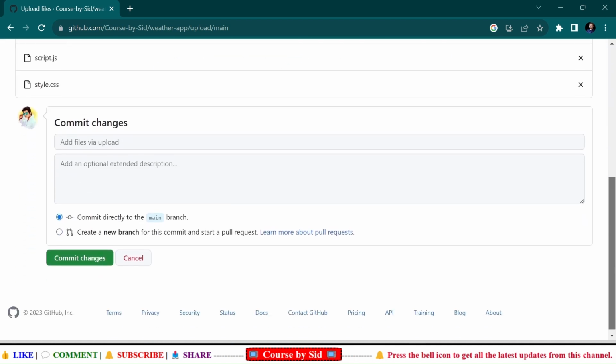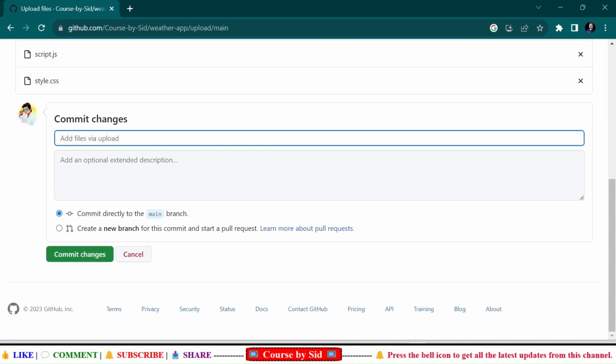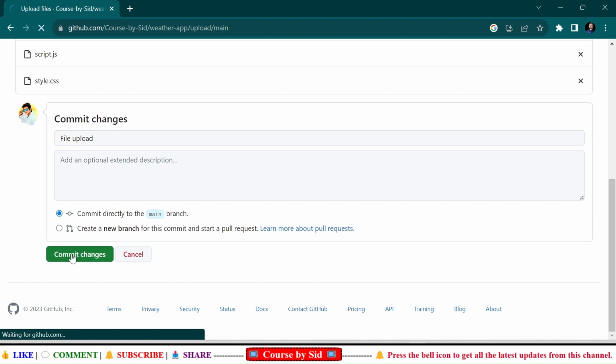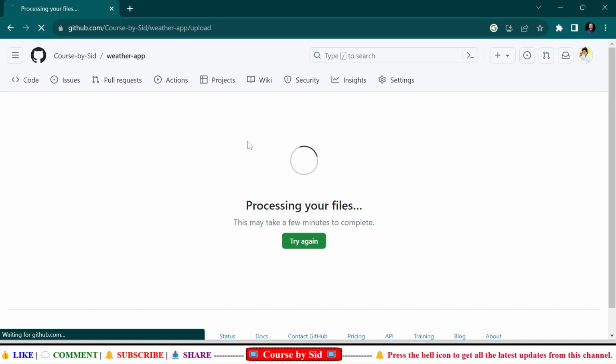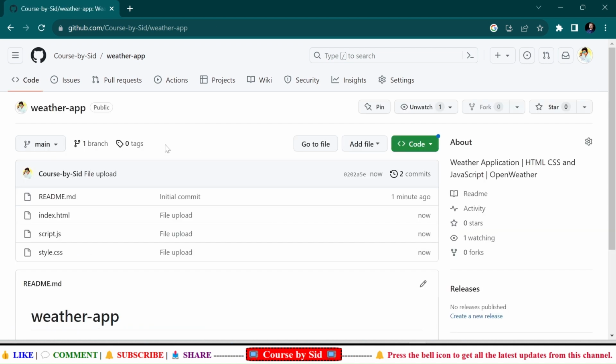And then in the commit changes, I'll need to enter one message. So I write file upload, right, and then I'm going to click on this commit changes. Here you can see that it is processing our files, and then after that I'll click on the settings,